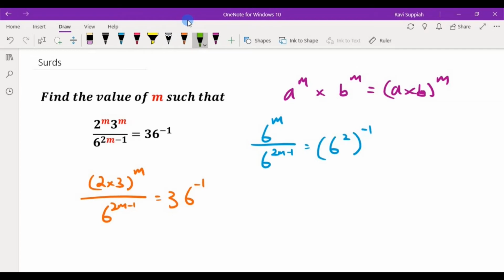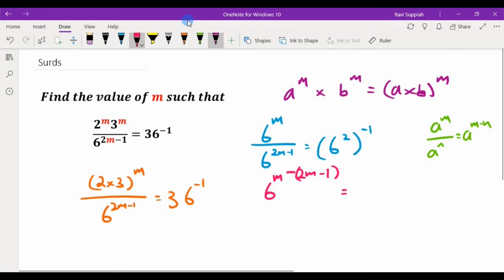Both of them have the same base but different powers. So the indices rule I can apply is a^m divided by a^n is equal to a to the power of m minus n. So on the left hand side, what I'm going to have is 6 to the power of m minus (2m minus 1), equals